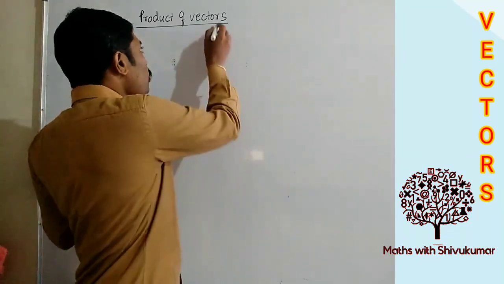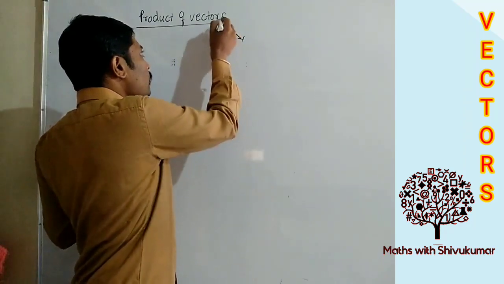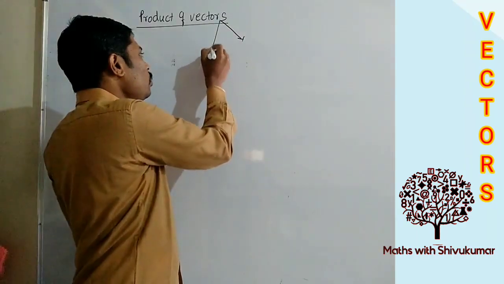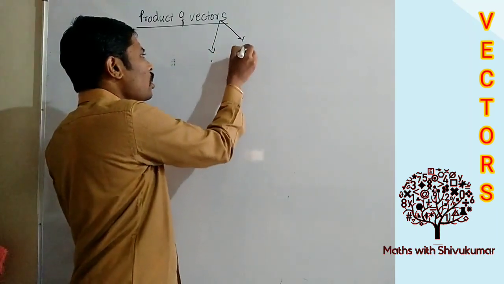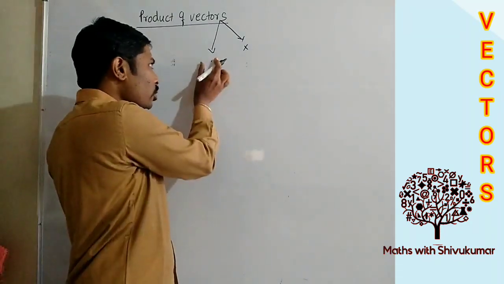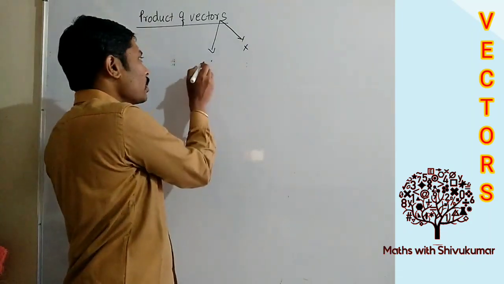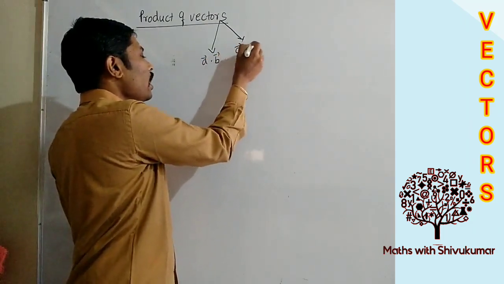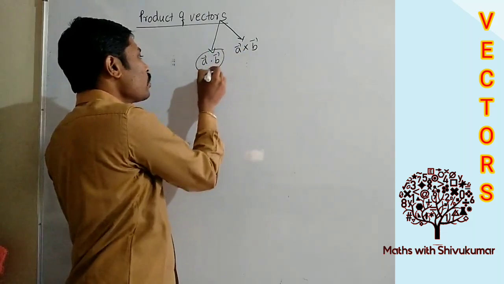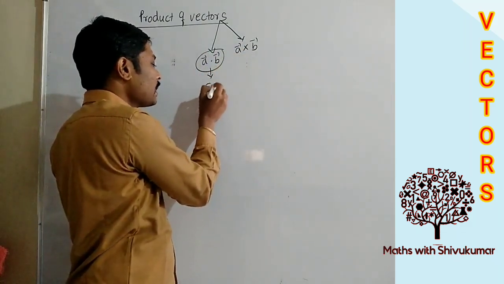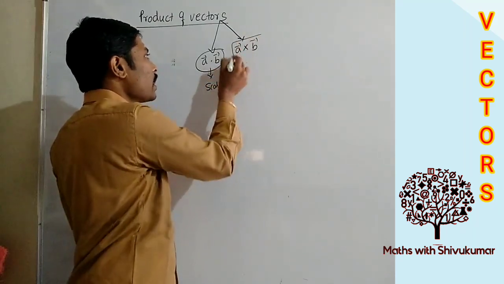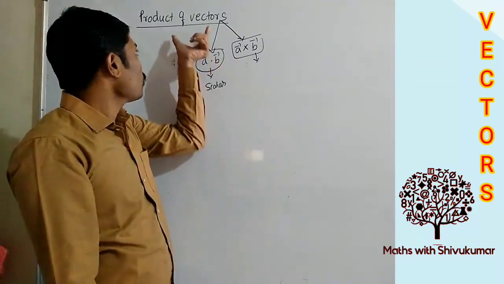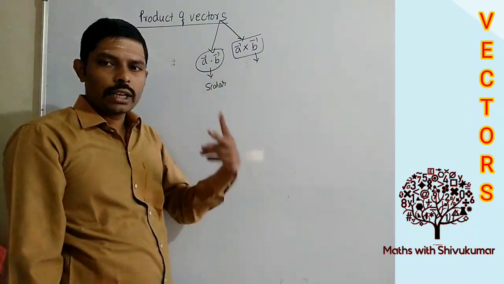There are majorly two methods of multiplying the vectors, students. One is called dot product, one is called cross product, or it is called scalar product, it is called vector product. It is a dot b, vector a dot b, it is vector a cross b. So it is a scalar product, means we will get one number, scalar answer, always one number. It is a vector product, means we will get always one vector. So product of two vectors may be scalar, may be vector. There are two types.